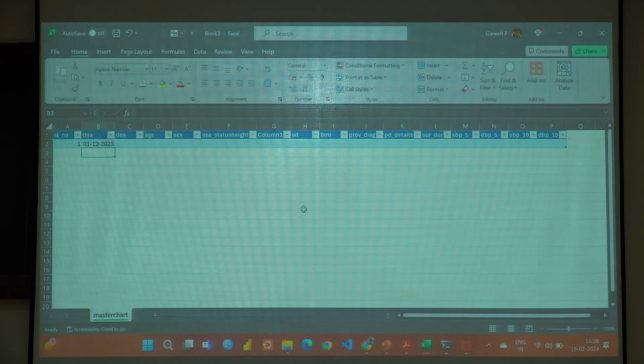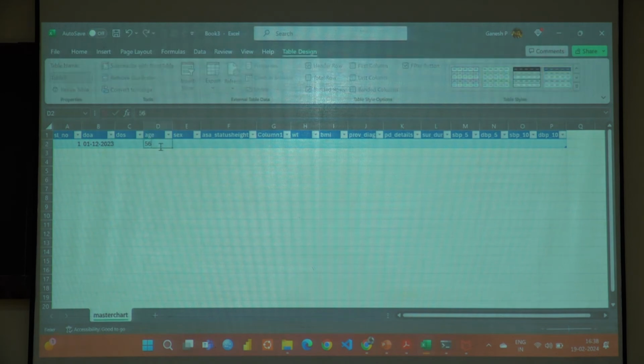So always enter separated by hyphen. For age, you can enter 65 or 56 or whatever it is. Gender, male, status 1, and then weight is 25, 50, and this one. So she has entered height here, so all right. 165. You can just fill up some values here. Provisional diagnosis is going to be hernia,